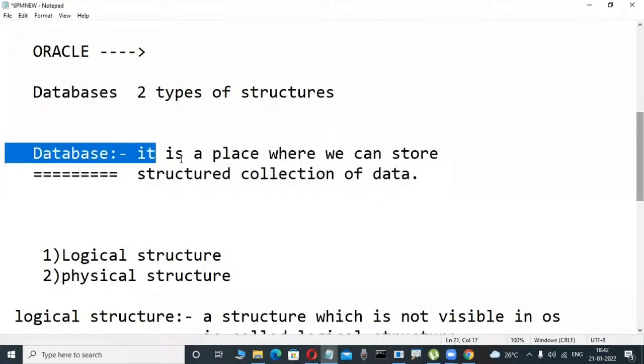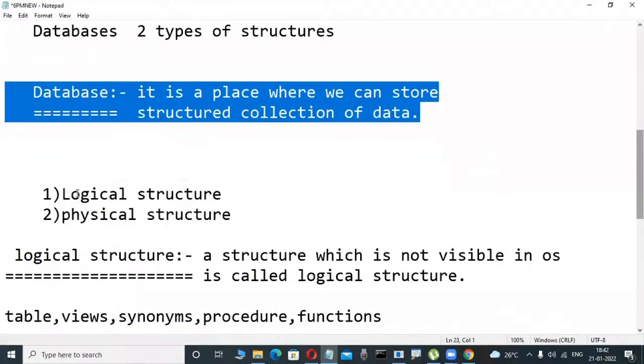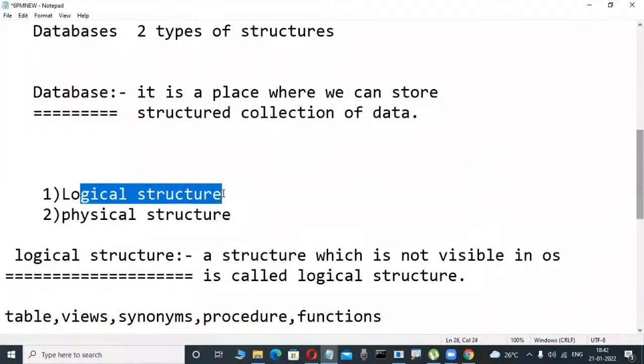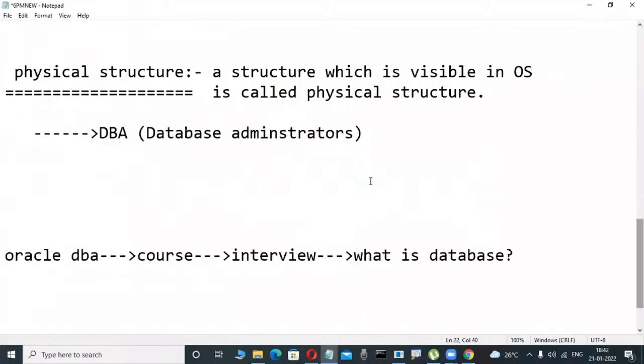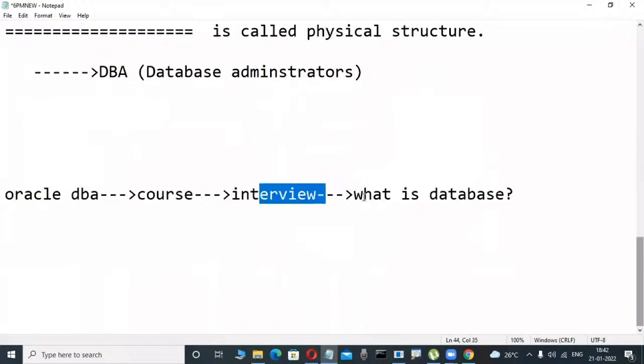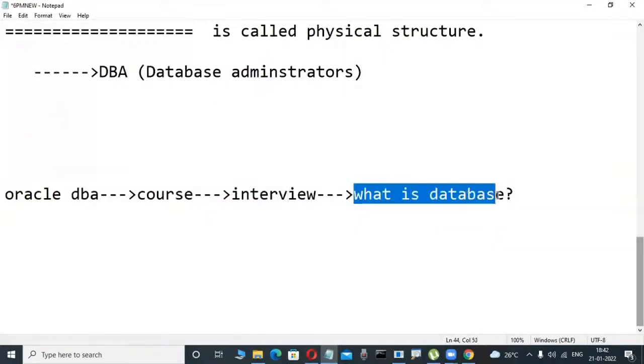Because this is the developer definition. Developers are good logically; they know a table is nothing but a structured collection of data. That's why you also say structured collection of data. From their point of view it is maybe not a problem; they think in an easy, logical way and it is understandable. But unfortunately, DBA persons have different knowledge. That's why, when the interviewer asks a DBA what a database is, yes, I am a DBA